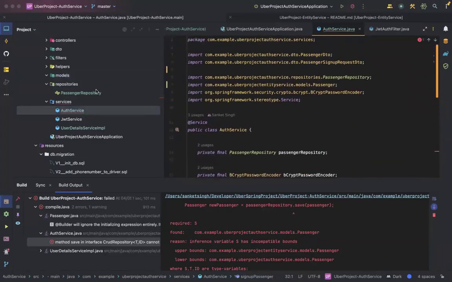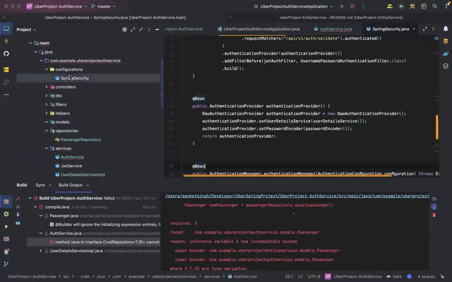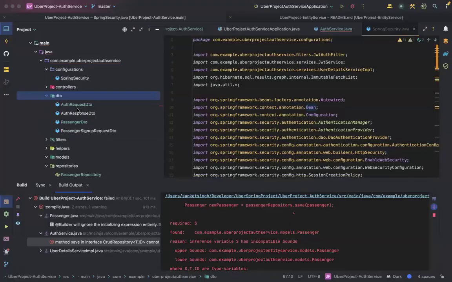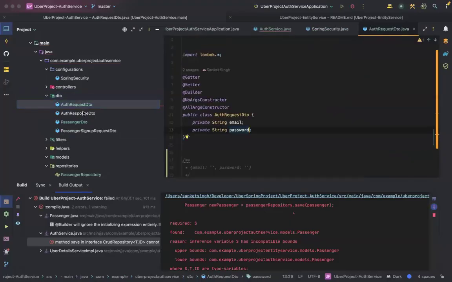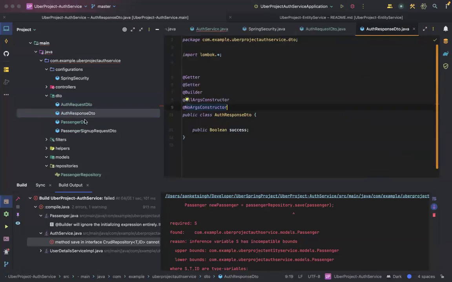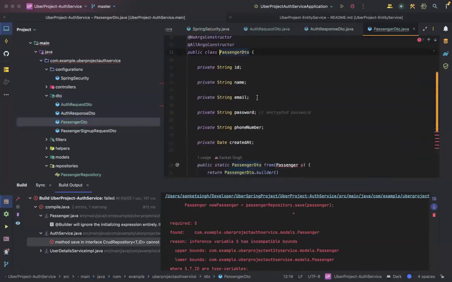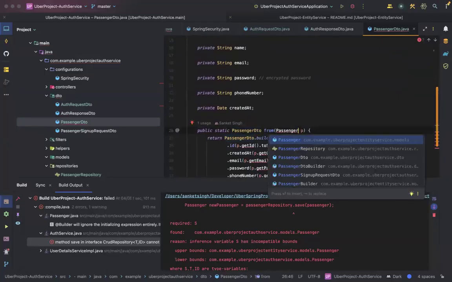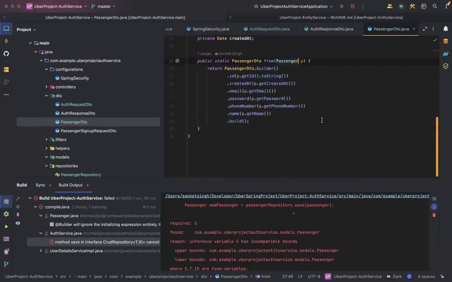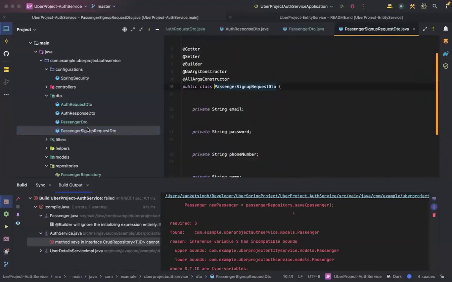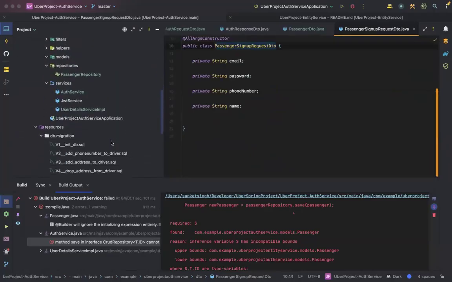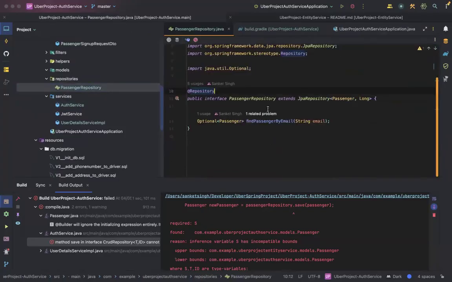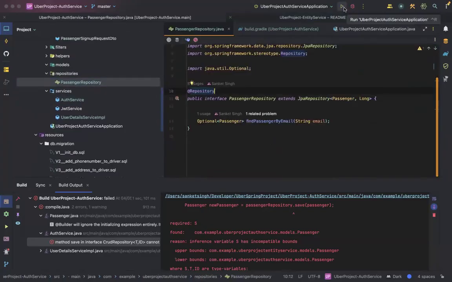Okay, so let's start with configuration. Do you have anything in the configurations? No. We have something in the DTO, probably. Let's see. Nothing here. Here you can see we have a passenger. So let's get the passenger from Uber entity service. This is now fine. This is all good. And now you can see auth service is all good. Passenger repository is also all good. If now I run the service,